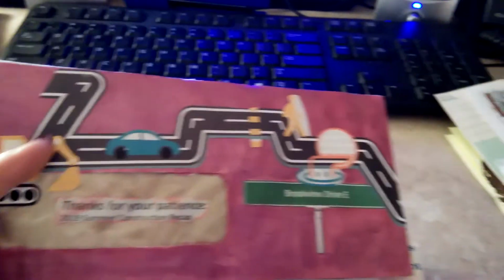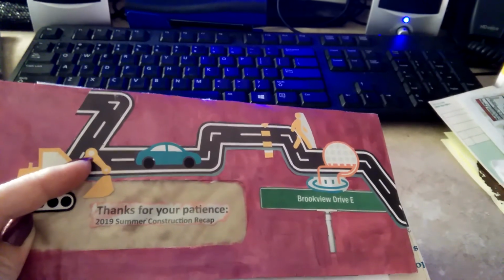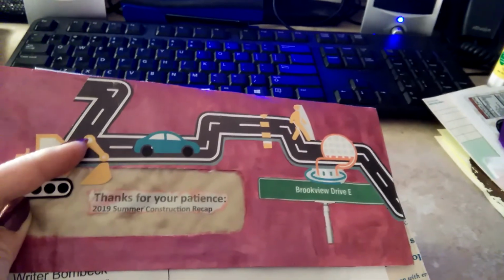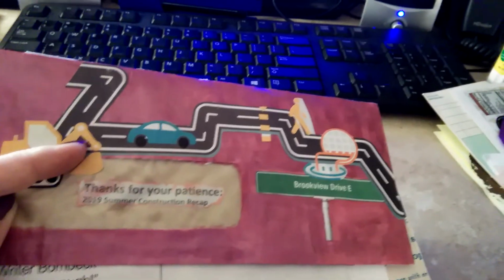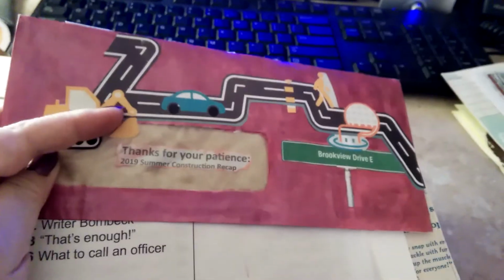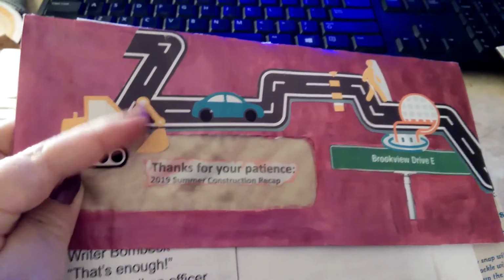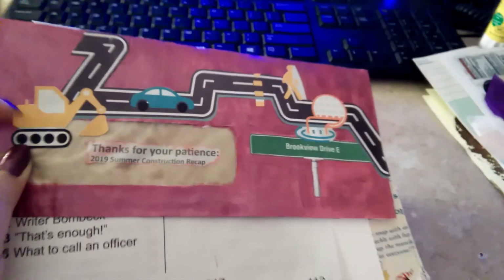And then this construction indication here was something that came out of the local magazine for the town I live in, but you know how summer is, construction is everywhere. So the person I'm giving this to had like major construction over by her house, to the point where we couldn't even get to her house, you know. You had to be helicoptered in. So anyway, I cut this out, but then it said, thanks for your patience, 2019 summer construction recap. So I thought that kind of would fit. And like if you had a choice, you know, thanks for your patience, blah. So anyway,